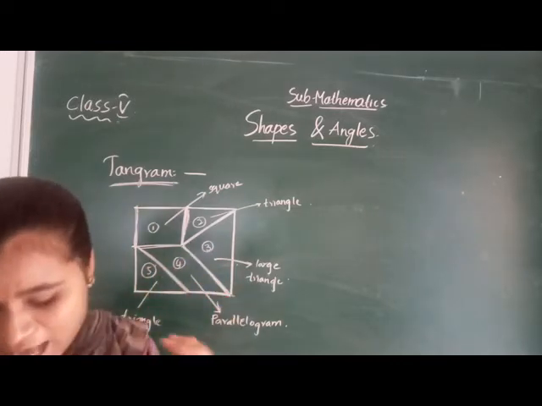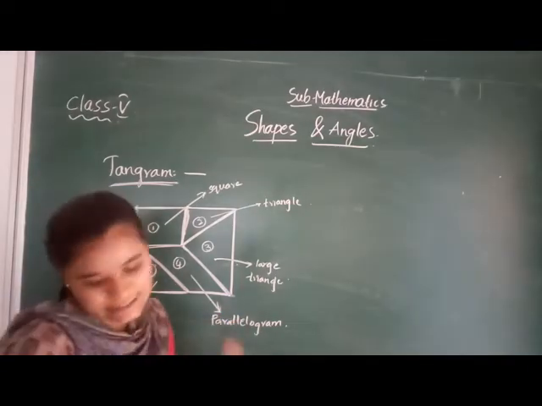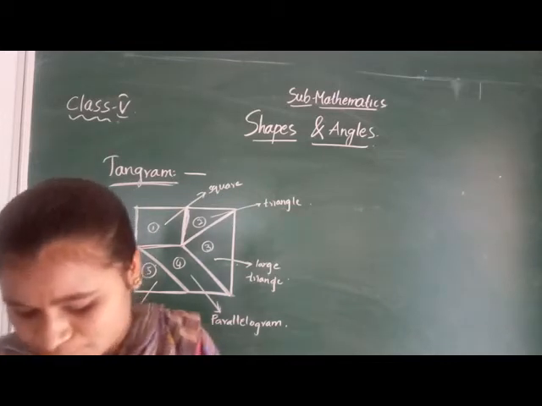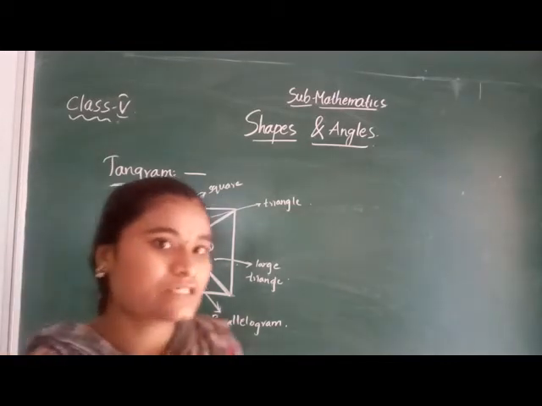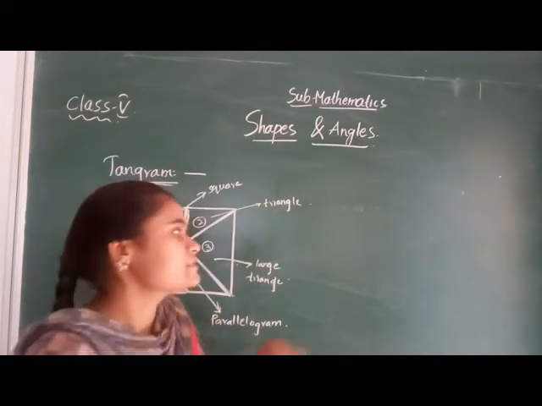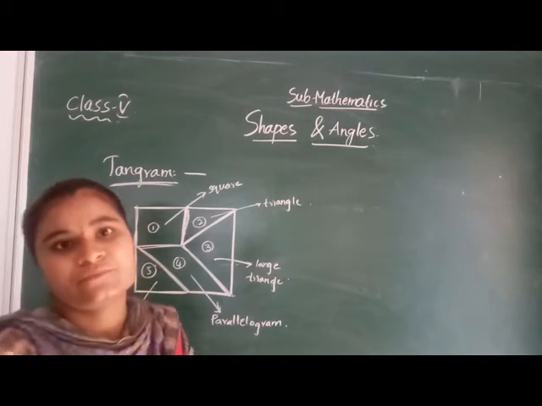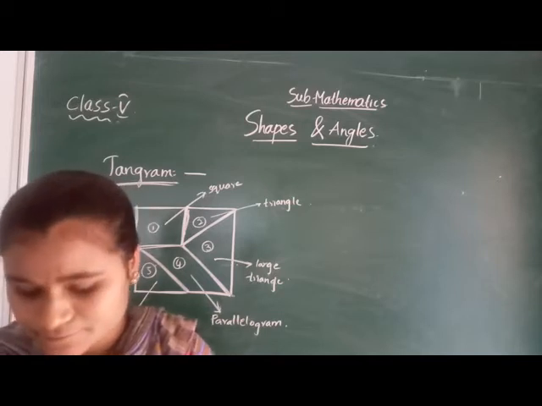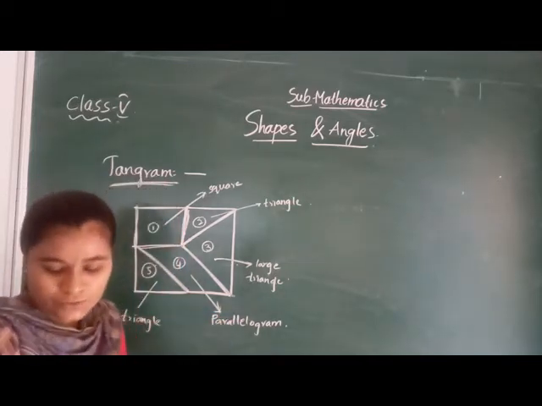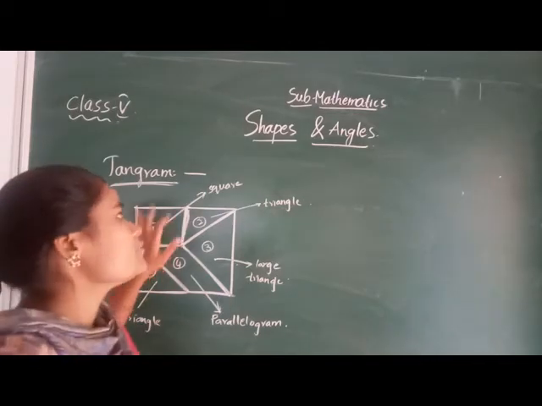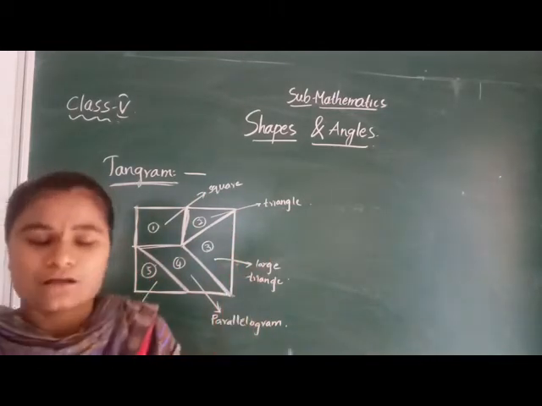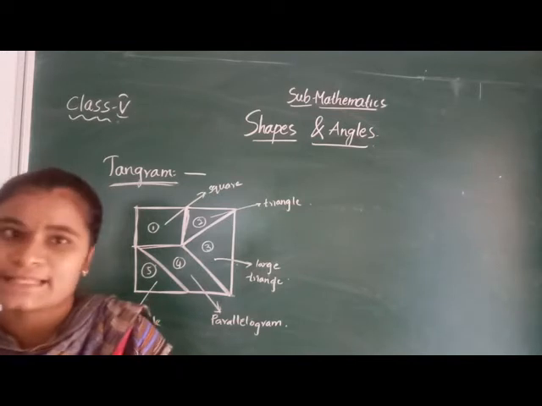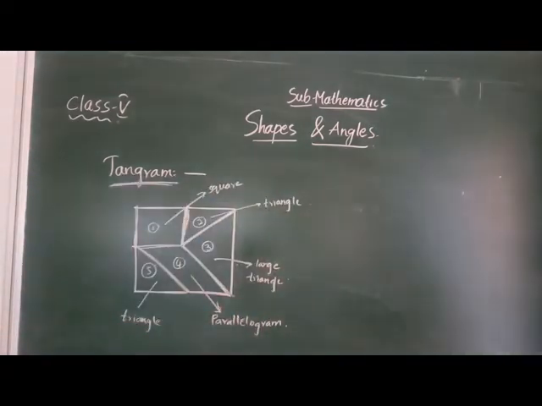Next, you have seen pieces of a puzzle in different sizes. If all pieces are of the same size and same shape, we can make patterns with the pieces. Suppose once you observe in your houses, some houses have tiles, right? They stick tiles, see, they are different, and if you combine them all, one new puzzle will come. Okay ma. So we completed your chapter. Compulsorily you should write all in your MCW. And if you have any doubts, you will ask in online classes. Okay? Thank you, ma'am.